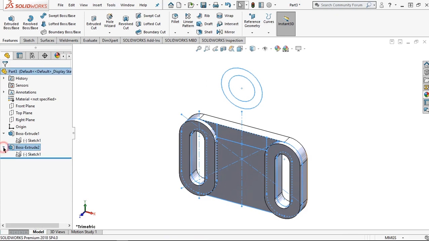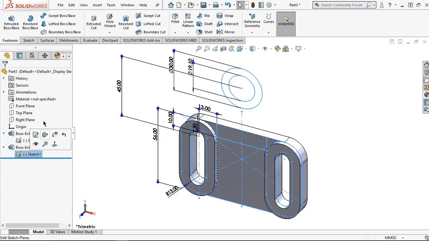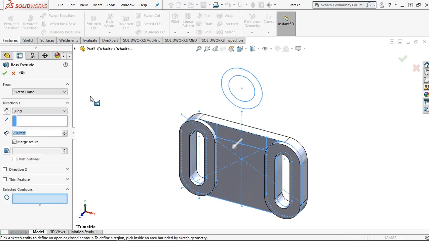For the next step, click this toggle and the sketch, click extrude boss. Click this sketch and set to 10 millimeter. Then change the direction. Then OK.